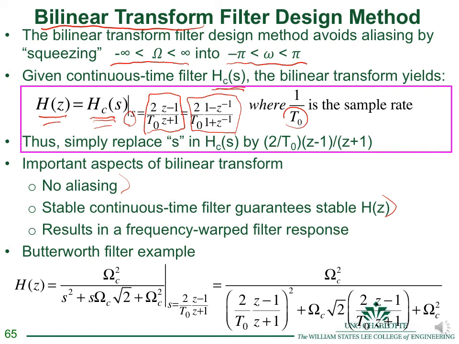So a simple example, if I had a Butterworth filter whose H of s was shown below, I just replace all the s's by 2 over T0 times z minus 1 over z plus 1. And this would be H of z that I could use to draw my block diagram and implement my digital filter. And so if I had a z transform table, a to the n u of n would have